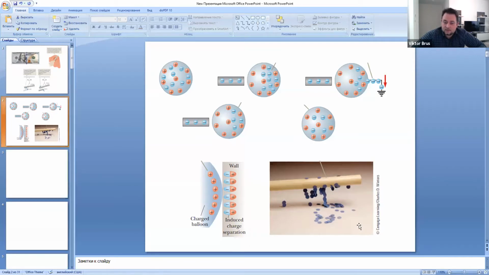We would expect that if the stick is negatively charged and the charge of these pieces of paper is 0, then there should not be any interaction, because the initial charge of the paper is 0. We didn't charge it, but it still interacts. The answer to this question can be seen here, and it comes from the feature of dielectrics. As I mentioned before, as opposed to conductors, like metal,